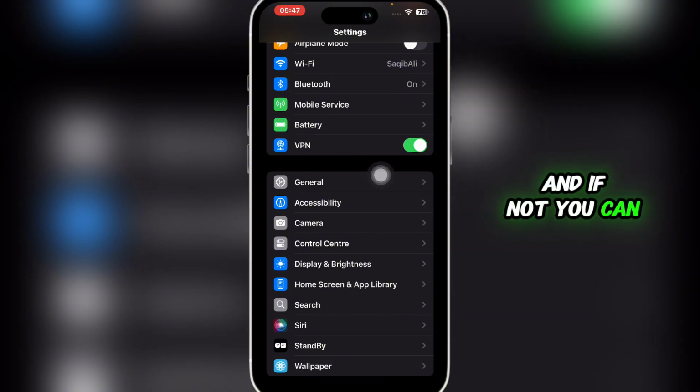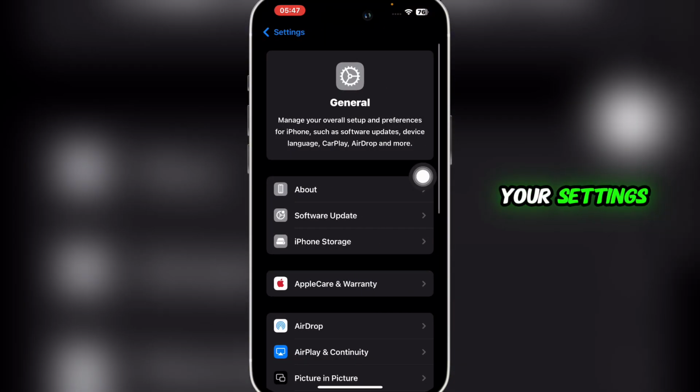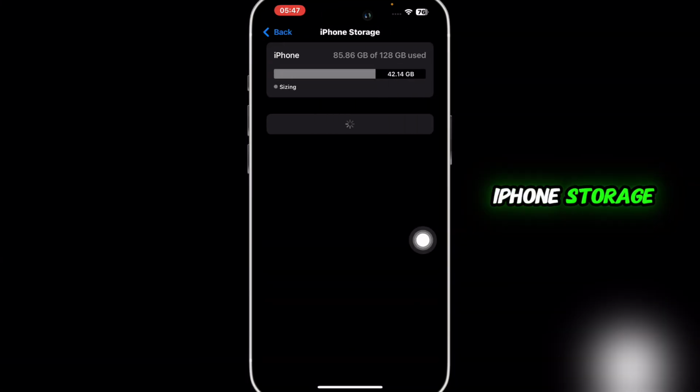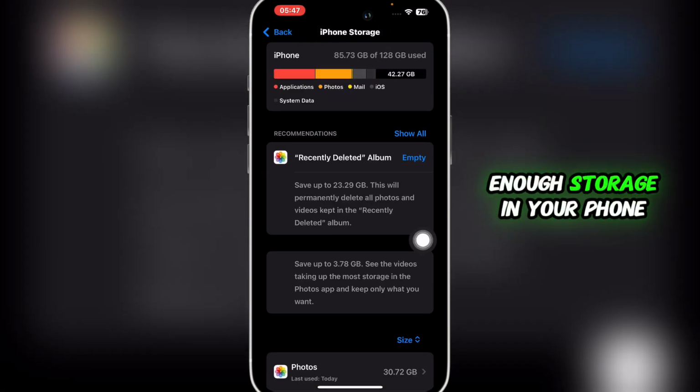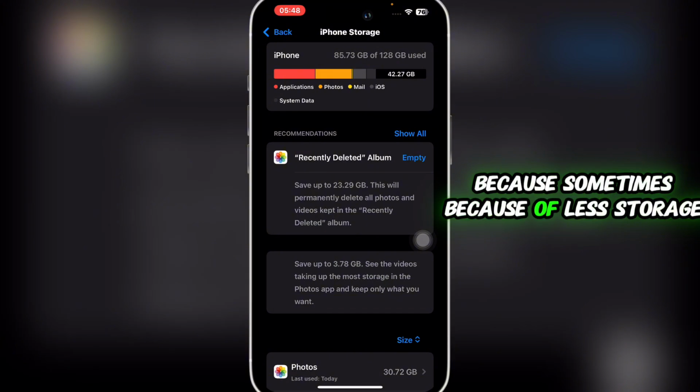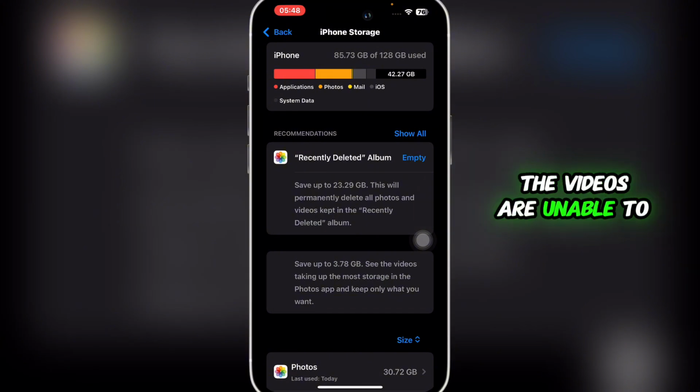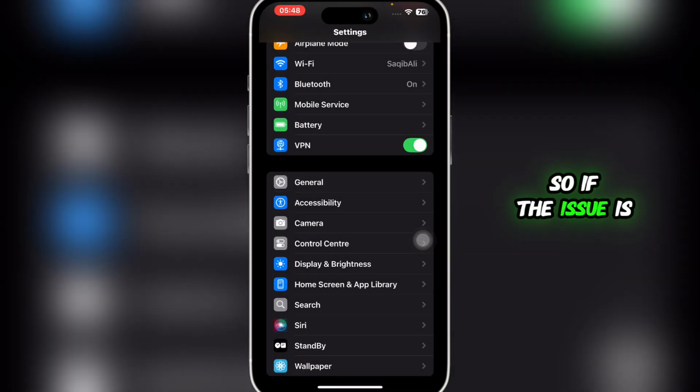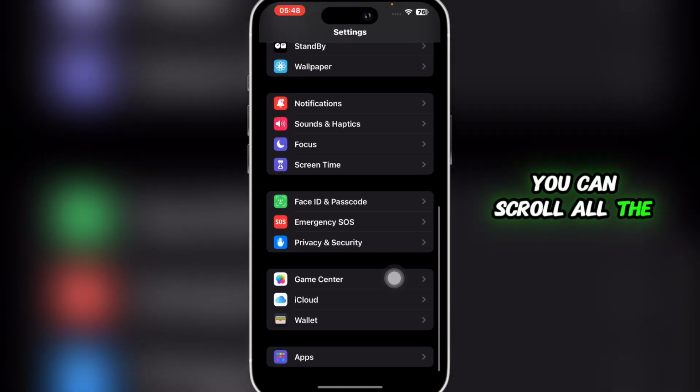And if not, you can head over to general within your settings, and then you gotta click on iPhone storage. Make sure that there is enough storage in your phone, because sometimes because of less storage the videos are unable to be played. So if the issue is still there, you can scroll all the way to the bottom, click